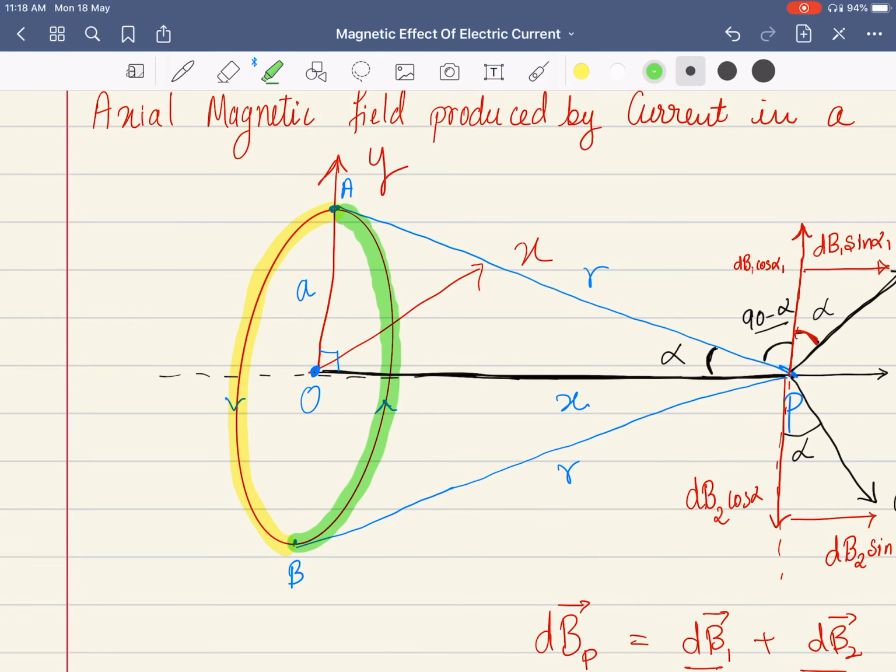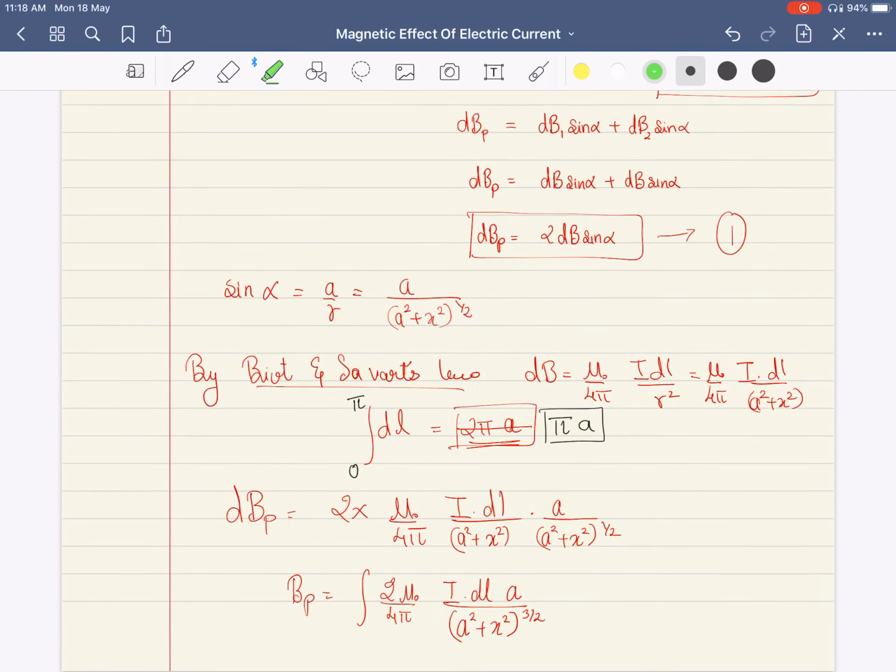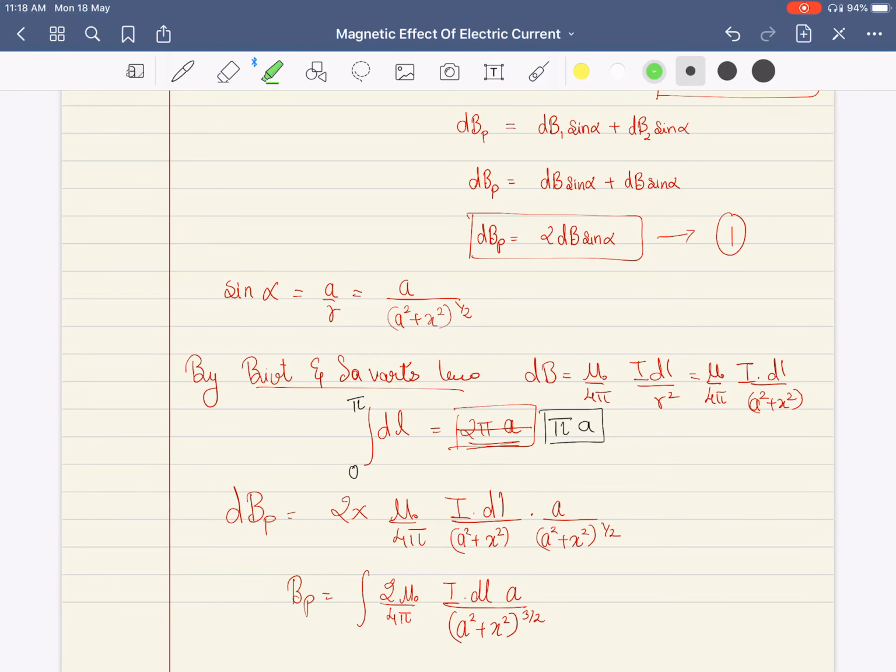तो दो हाफ सर्कल मेरा मिला के पाई a इंटू टू पाई a होगा ना. Yes or no? Because already I have multiplied the magnetic field of A and B simultaneously. 2 से मल्टीप्लाई किया ना मैंने, है कि नहीं. यहाँ पे भी देखो 2 से मल्टीप्लाई किया. That means I have considered two length.